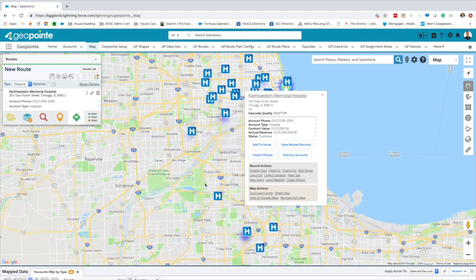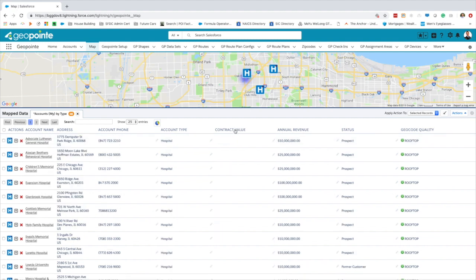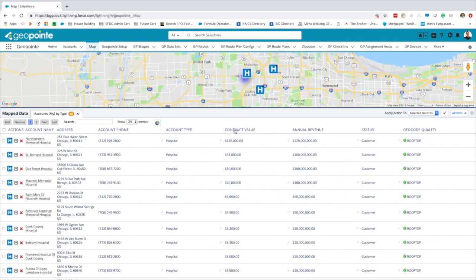We also have other ways to add stops into our trip as well, and one of the common ways is to use the table view below. You can see here this table view represents everything that's mapped up on the map, and we could select contract value and order by contract value. We can see Northwestern Memorial Hospital is at the top there. So now I might want to select the next 4 or 5 accounts, and using what we call a list